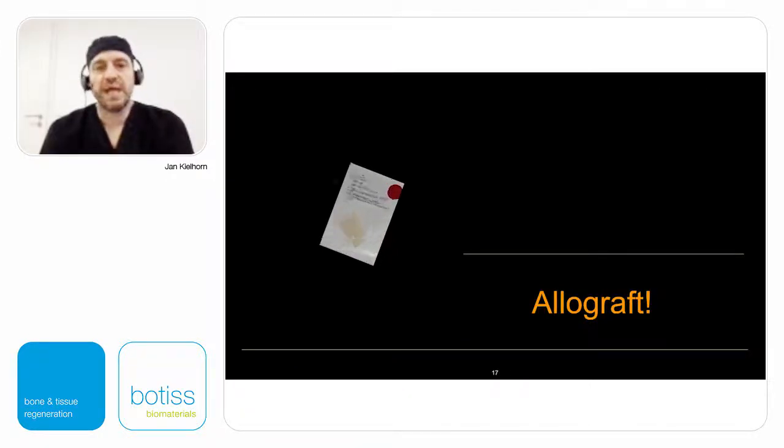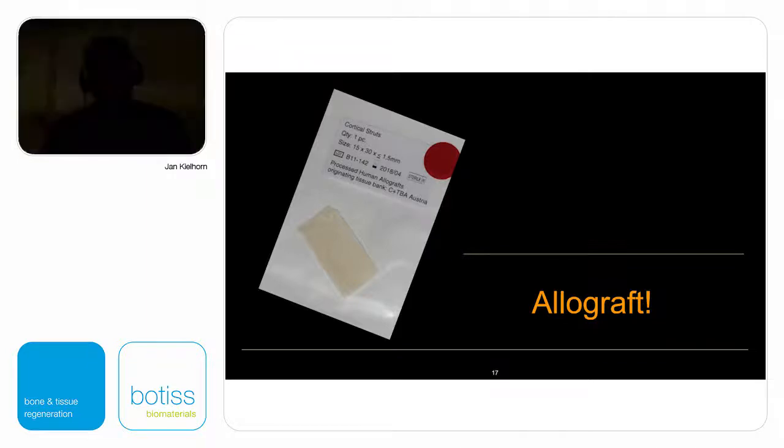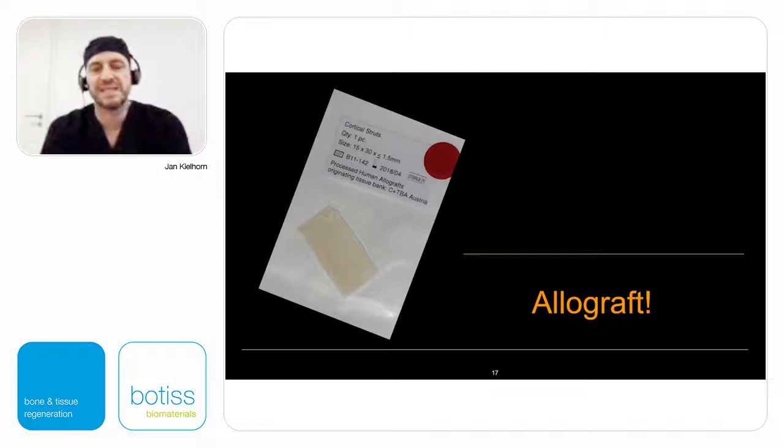So we've been looking at allografts because this is a material that has been documented in Germany in classical surgery since 1957 very successfully. It's a material that is on hand and where you can design all the shapes you would need, and therefore we designed the cortical struts in this size that has been proven to be a very good size using the Khoury technique, which is sterile for 5 years, and it's just lying there in your drawer